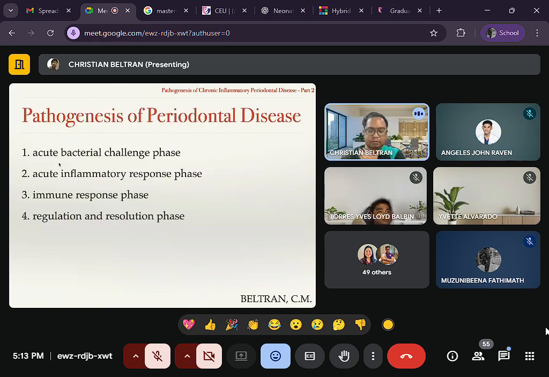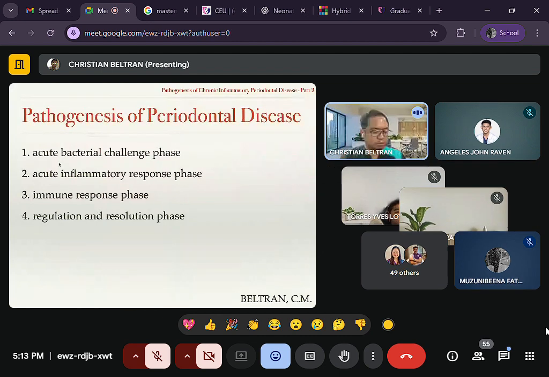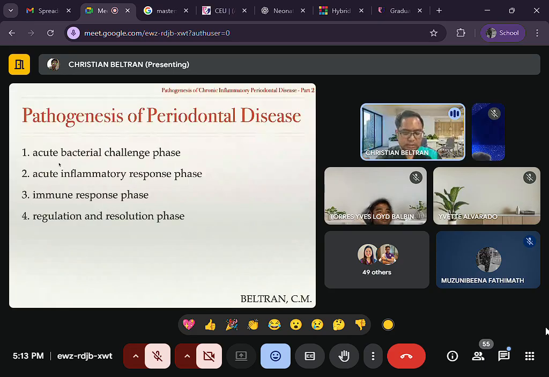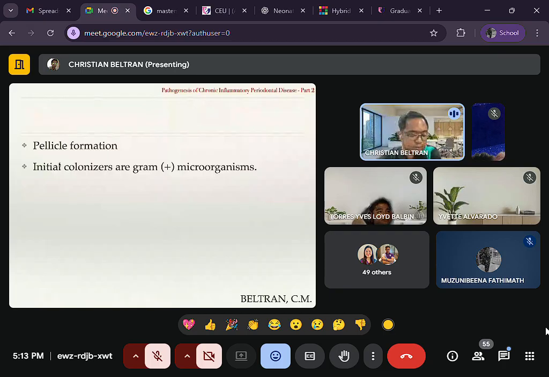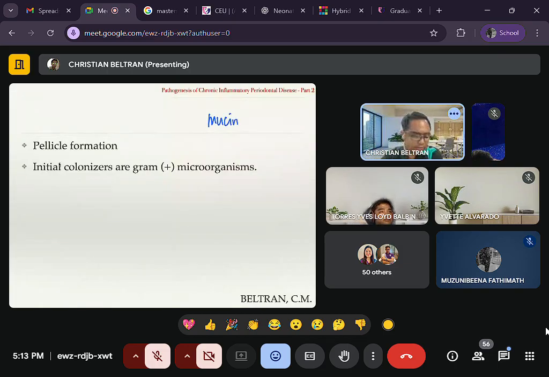We have here the pathogenesis of periodontal disease, the acute bacterial challenge phase, acute inflammatory response phase, immune response phase, and regulation and resolution phase. And we will be discussing this later. Okay. For now, let's review the pellicle formation. So pellicle formation starts 30 minutes after toothbrushing, right? It forms because of the glycoproteins present in our saliva called the mucin. Okay. The pellicle would function